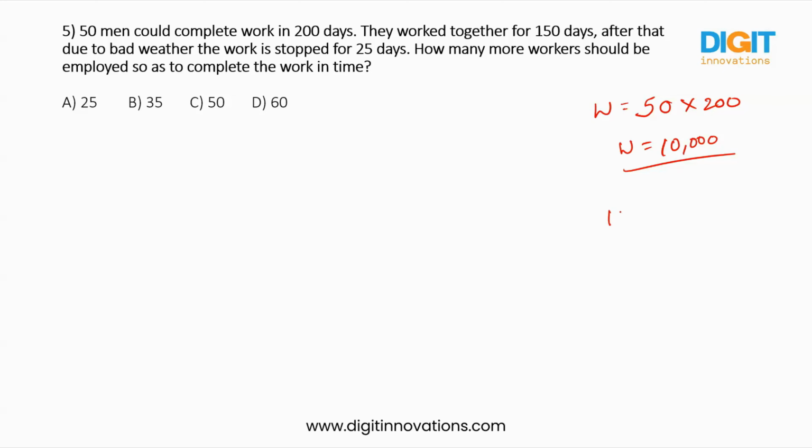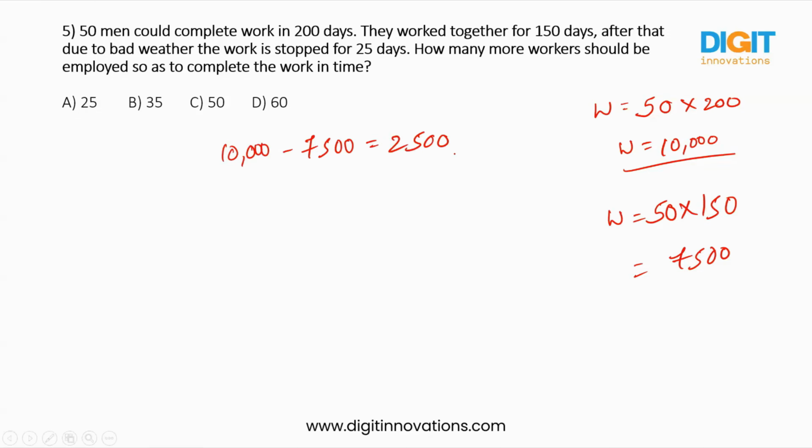So how much work is done? Work equals 50 men working for 150 days. That means how many? 7,500. So in total 10,000, 7,500 work is already done. That means only 2,500 work is left. And we know a total of 175 days were completed because 25 days were wasted. 150 days was work done and 25 days were wasted. Total 175 days is done and we only have 25 days left to complete this